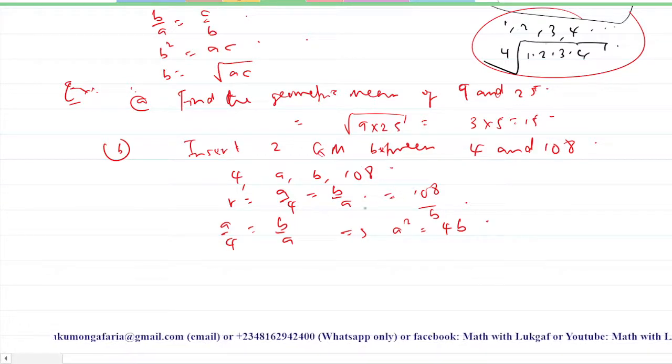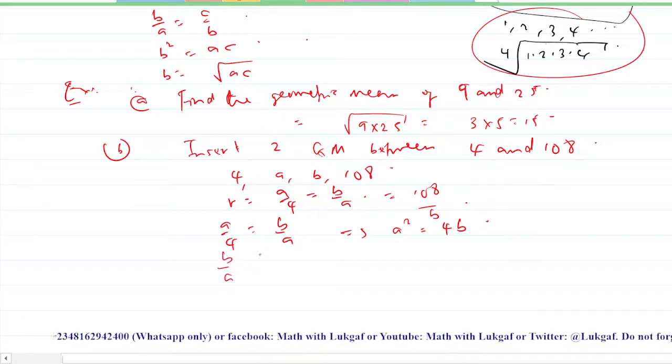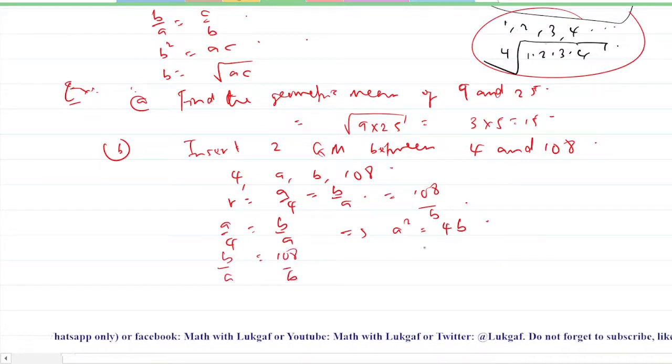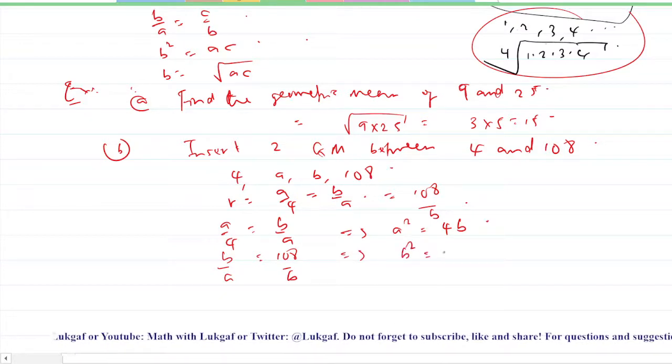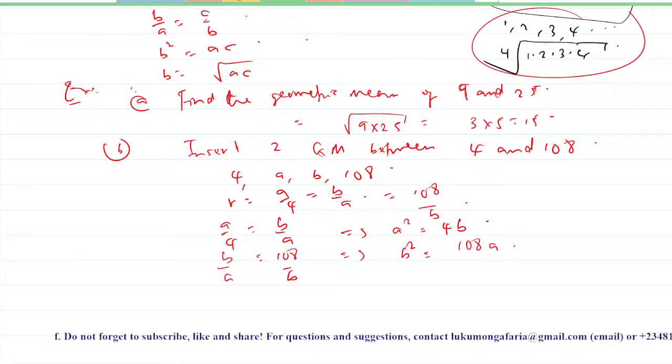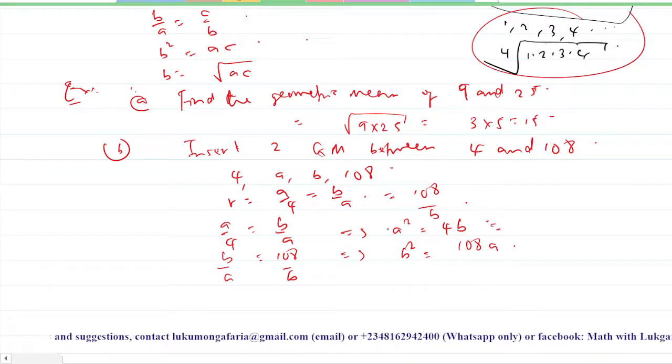You understand now? So I can also say B divided by A is equal to 108 over B, right? So this also implies that B squared is equal to 108A. You understand now? And even if you don't want to stress yourself, since A squared is equal